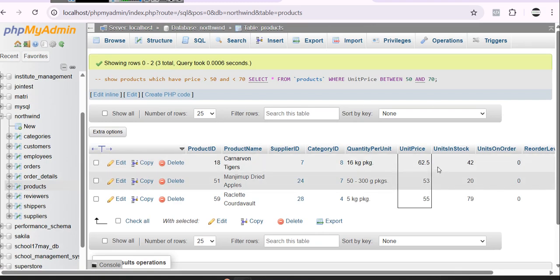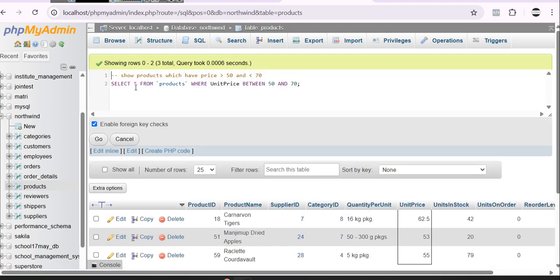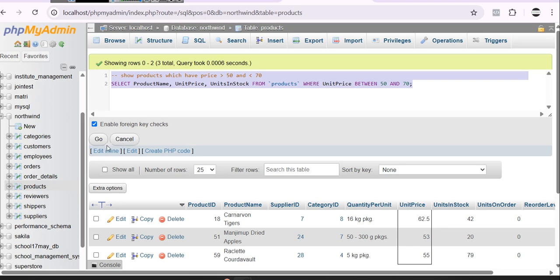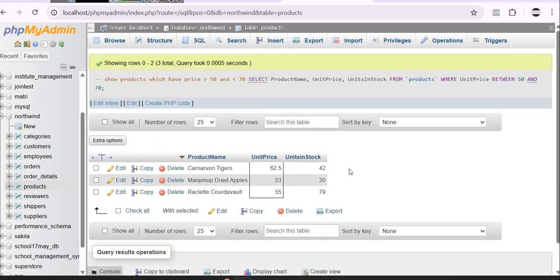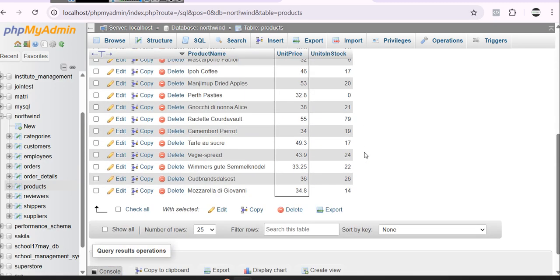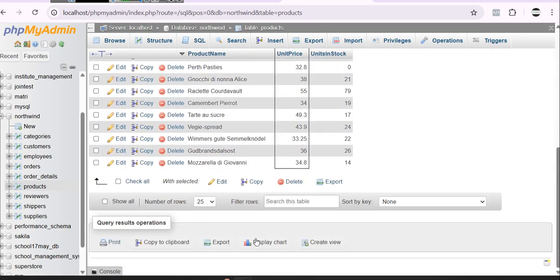There is one more thing that is there in phpMyAdmin. Whenever we run a query, let me run one more time. Select product name, comma unit price, or let's say units in stock, etc., from products. So whenever we do this, it will give us this answer. Okay. Let's increase the range. Let's say 30 and 70. There will be more products. Okay. So here you will see display chart